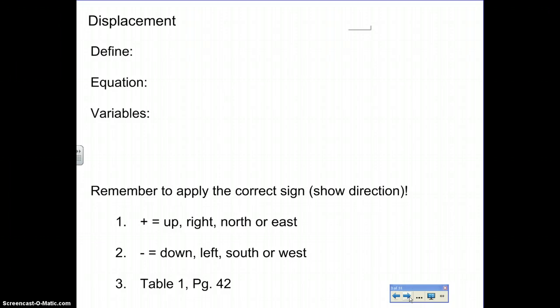When we start to look at these directions that an object is moving and their location relative to some reference point on an artificial number line, we're looking at a physics concept called displacement. You certainly can look up the definition of displacement in your book, but kind of an everyday explanation or definition of displacement is that it's going to be a measure of the relative